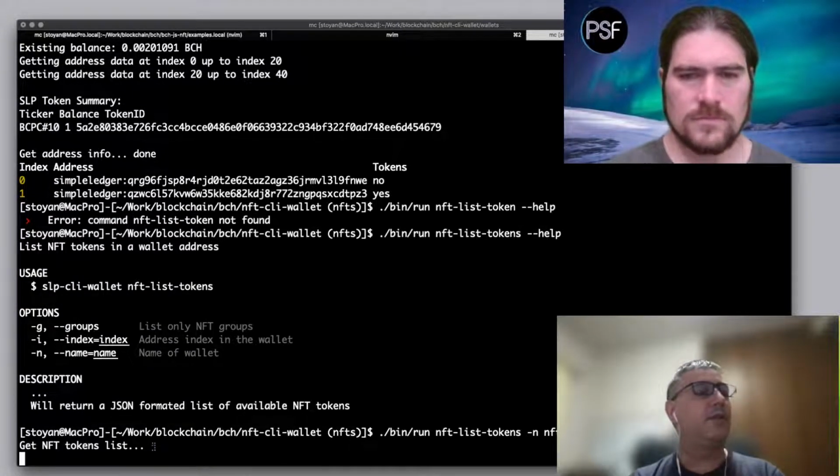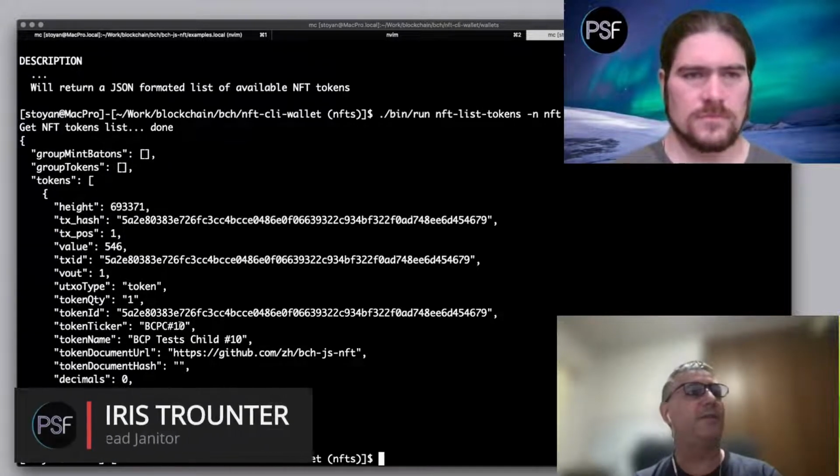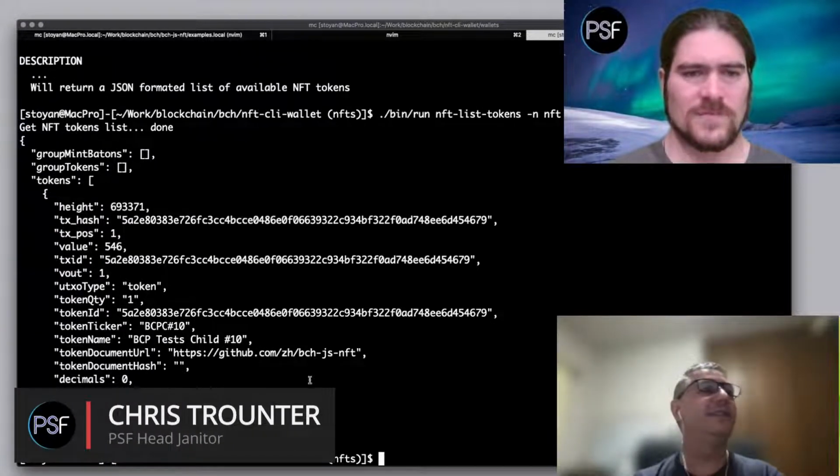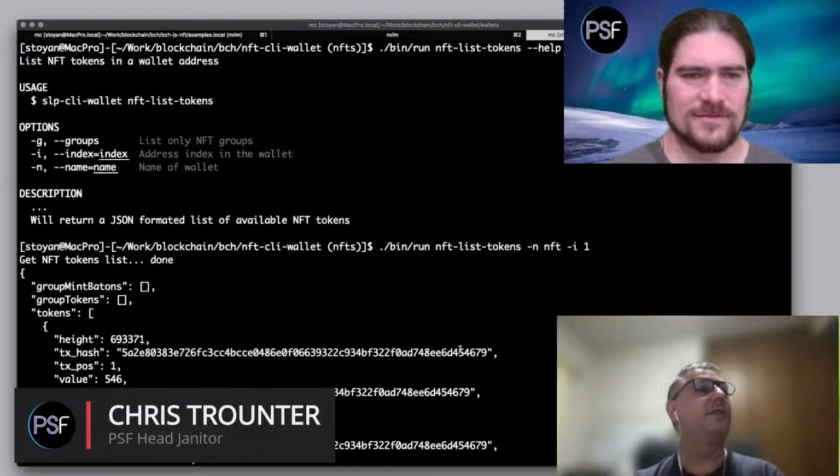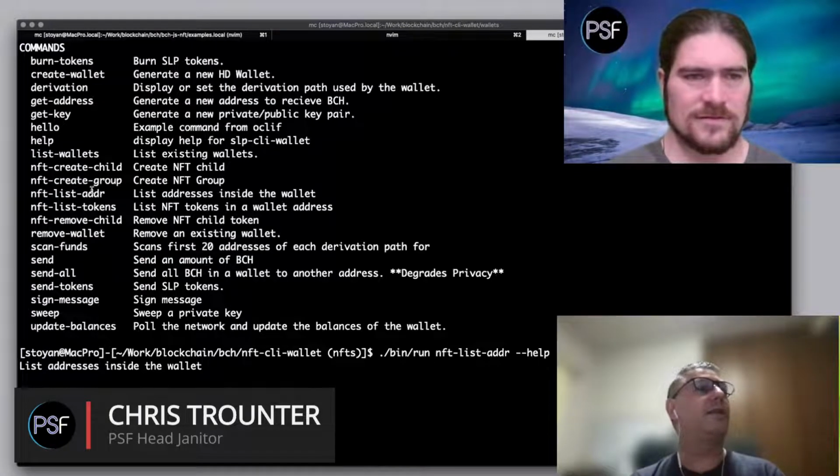And we can see there's this BCP child, which I created here. The other commands are pretty obvious.